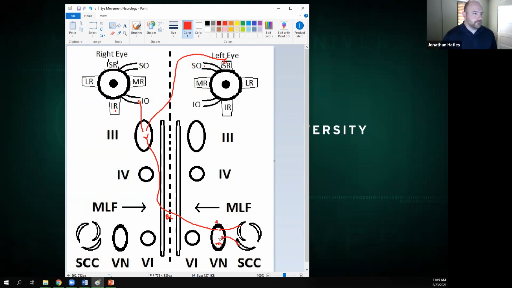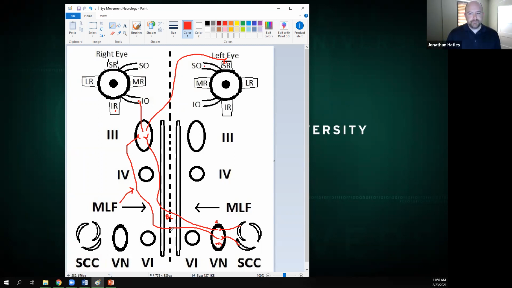vestibular nucleus. So these connections are going to cross over or decussate, and they're in fact going to ascend via the MLF. But for ease of video, hopefully making this easier to understand, I'm actually going to keep these on the outside here so that it doesn't get too confusing with stuff running up through the MLF. So these, in fact, do ascend via the MLF. So I'll draw an arrow here because they are using the MLF to ascend up through the brainstem to the